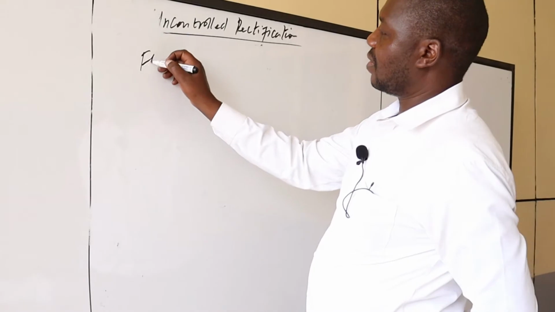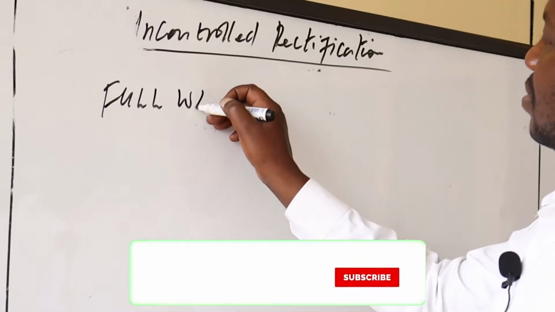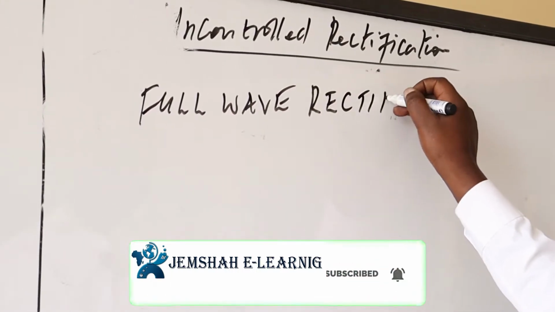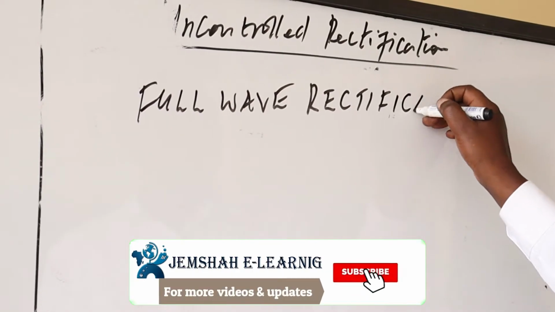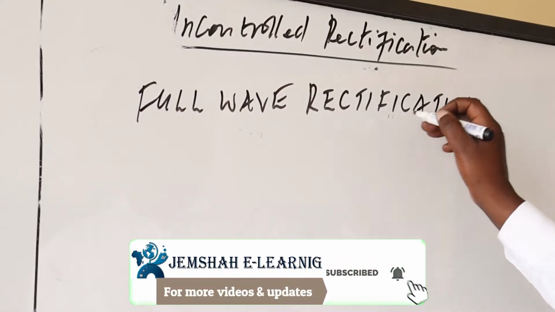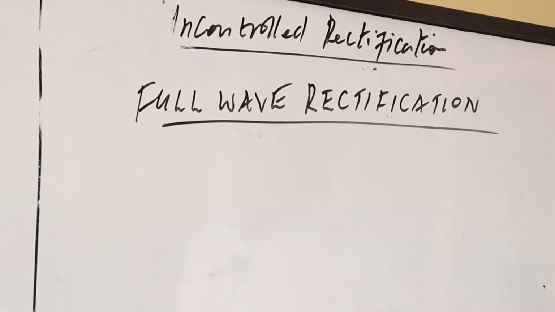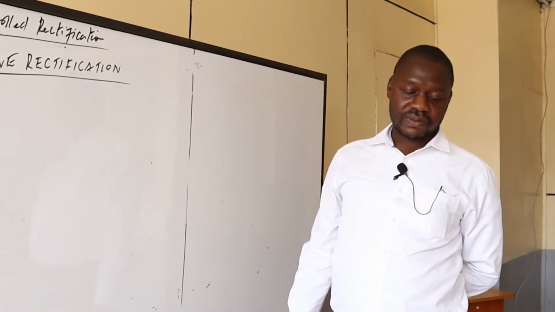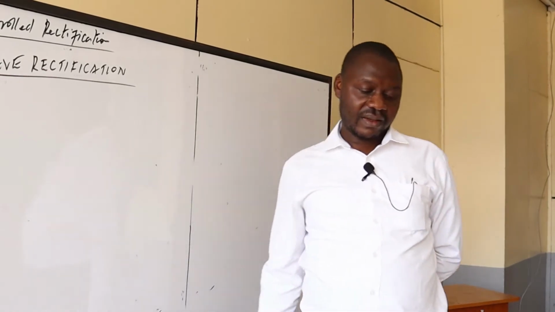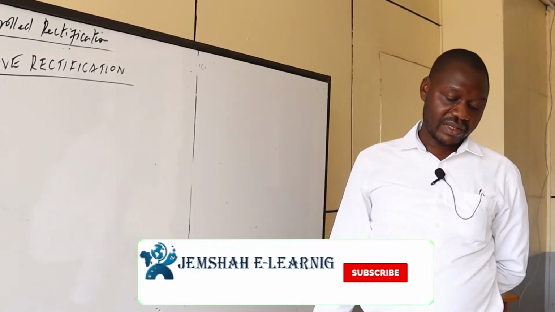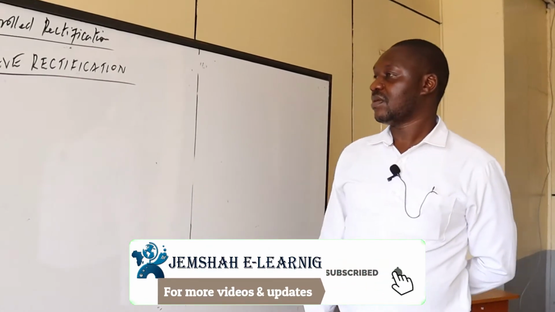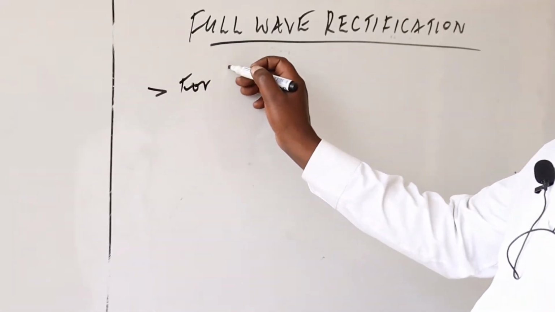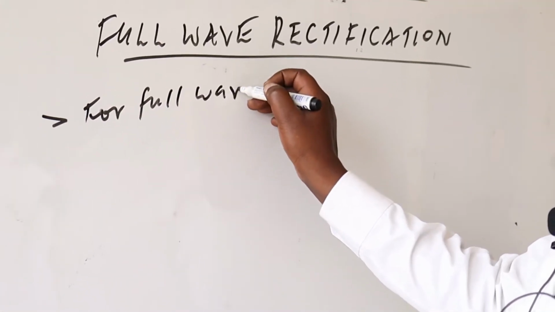Full wave rectification. So actually in full wave rectification you will find that now the current flows through the load for both half cycles of the input AC voltage. So I can say that for full wave rectification,